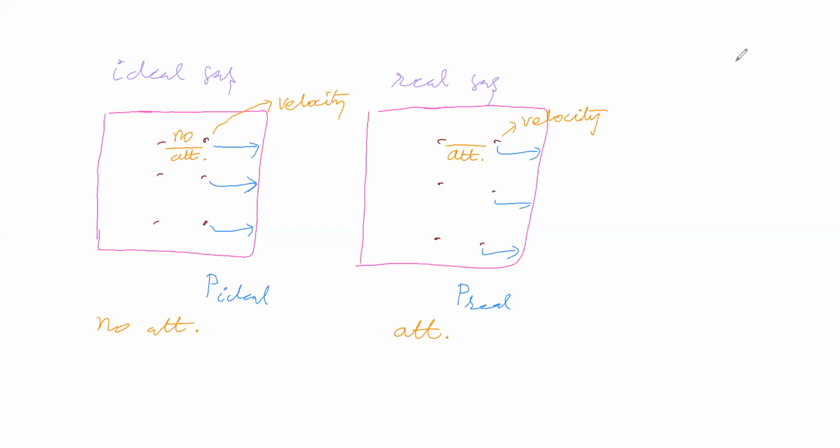Which molecule is moving with higher velocity? So you are saying that the ideal gas molecule is moving with a higher velocity and the real gas molecule is moving with a lesser velocity. Now this ideal gas molecule, on making collision on the wall of the vessel, is colliding with the vessel with some force.